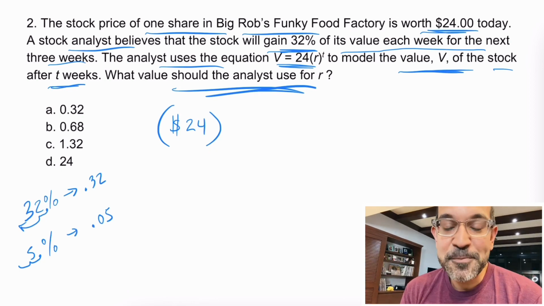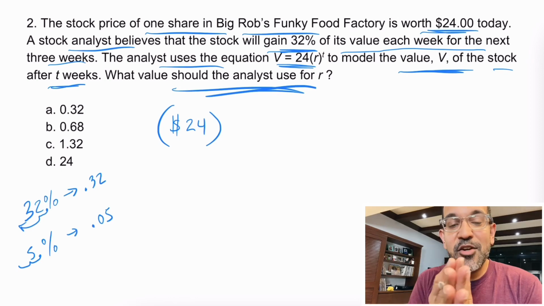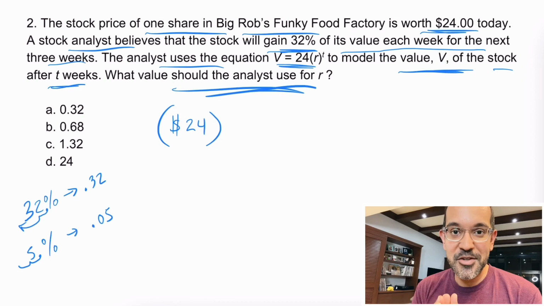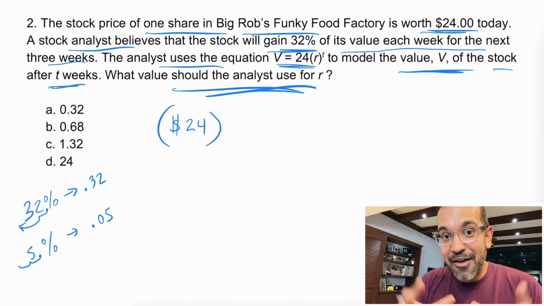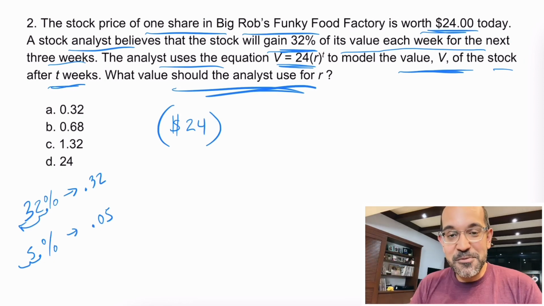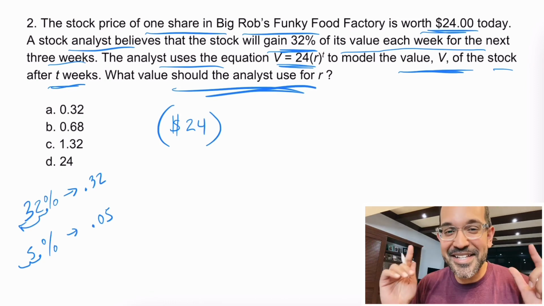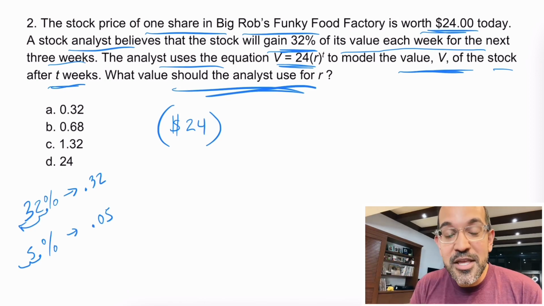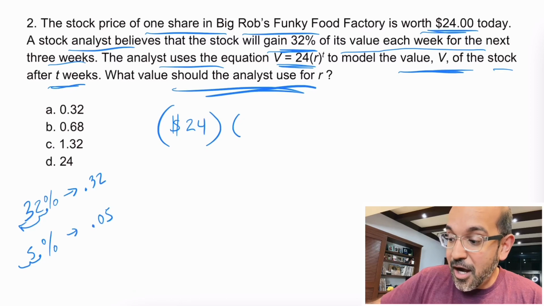But here's the deal, okay? If you have a starting value and you're going to increase it by 32% every week, there's a very quick shortcut for this. What that means is that you have your original value and you have 32% more. Basically, you have 100% of the original value and you have 32% more. Okay? Does that make sense? Did it click? So what you're really doing by increasing by 32% is multiplying this value by 132%,